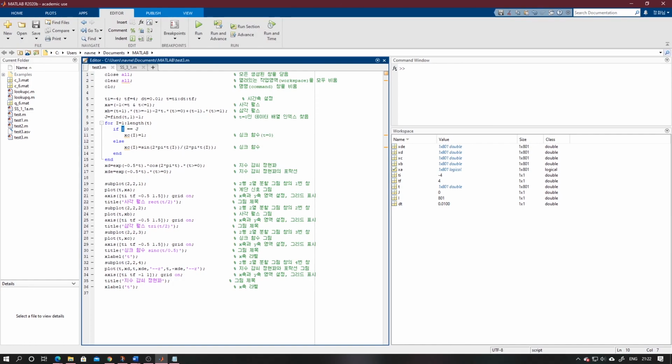If the value of i equals this j, then this command will run. That means the sinc function, else this will execute, and after that it will come out of the loop.